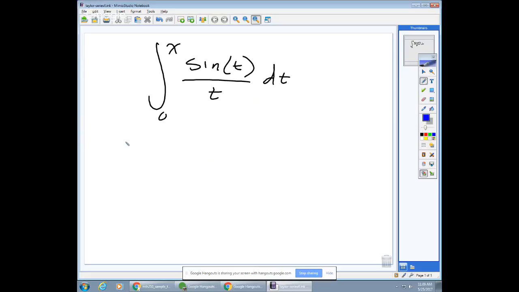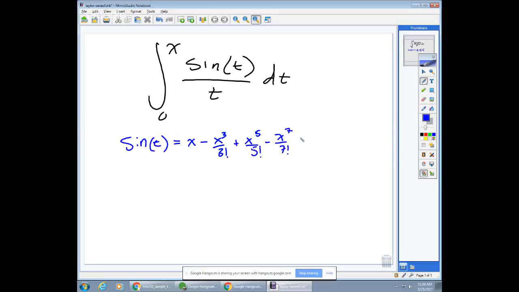Starting off with just the sine of t, sine is an odd function, right? So that means we want the odd powers of x. The first odd power of x is x. What's the first even power of x? x to the 0. So that would give us a 1 if it were cosine. Sine starts with x, and then it starts alternating: x cubed over 3 factorial plus x to the 5th over 5 factorial minus x to the 7th over 7